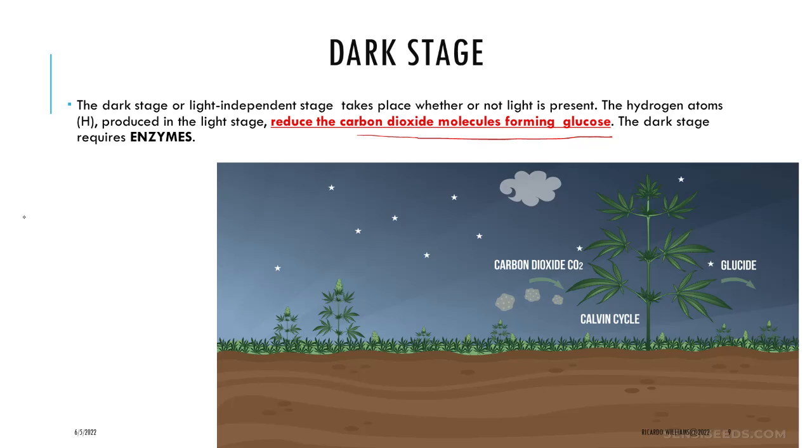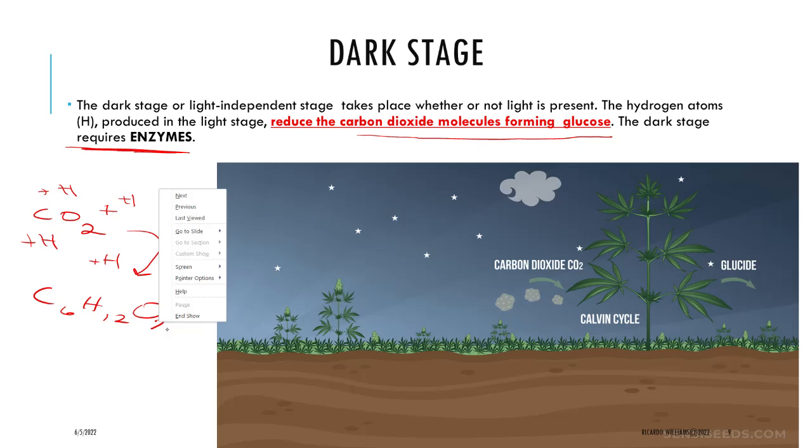Note also the importance here. It requires the enzymes to do this. So if we don't have certain enzymes in the chloroplast, then the process of photosynthesis will not occur because the glucose won't be forming. Remember, the glucose is only going to be produced if the carbon dioxide molecules are being reduced by the hydrogen atoms. So if we have CO2 and you keep adding hydrogen, keep adding hydrogen, eventually it is going to form